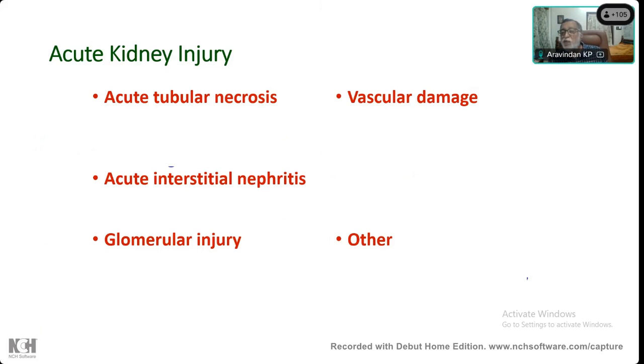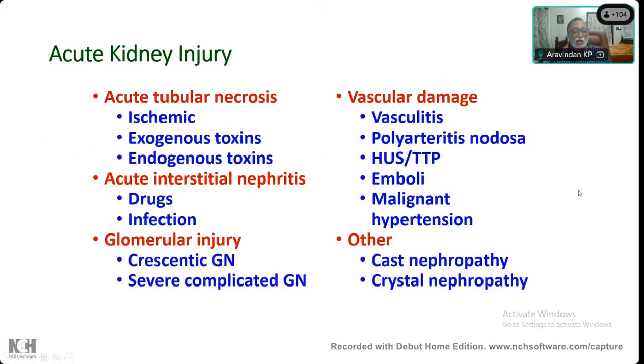Glomerular injury, some kinds of RPGN may have this kind of picture. Again, both have suddenly increasing creatinine. So it could be glomerular injury. It could be a vascular type of injury. So these are the different ones, and for each of these there are different causes, like vascular damage can have multiple causes. Cast nephropathy, crystal nephropathy, then drugs are one common cause of acute interstitial nephritis. So all these different causes could be there. So the first step is to look at the morphology when you have a kidney biopsy.